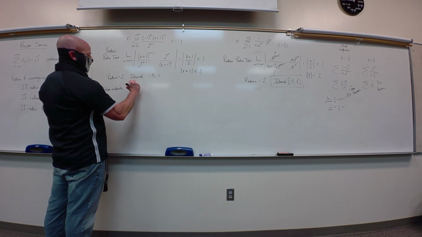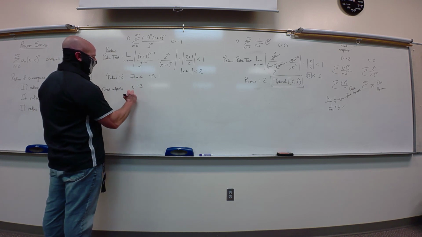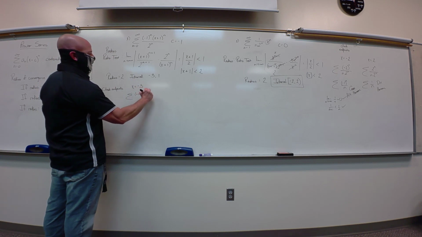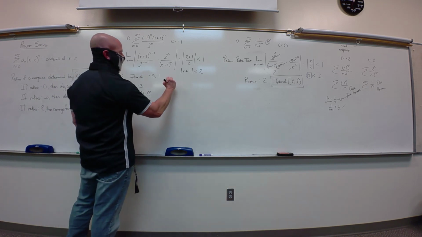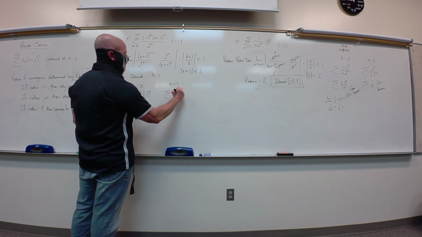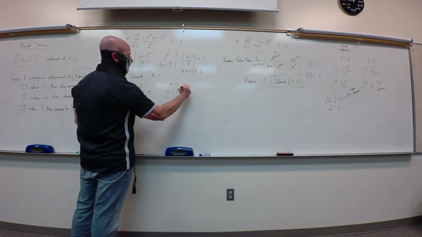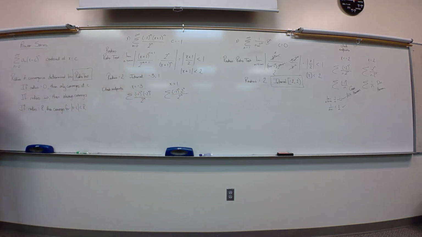All right, let's say x equals -3. If x equals -3, I'm looking at the sum of (-1)^n (-2)^n over 2^n. If x equals 1, I'm looking at the sum of (-1)^n 2^n over 2^n. I'm just going to write them out with each of my x values in there, so I can look at each summation. I'll simplify them if I can, but then I'm looking at whether or not that particular summation would converge or